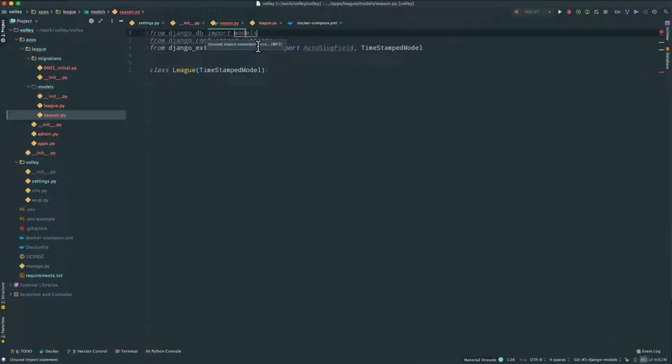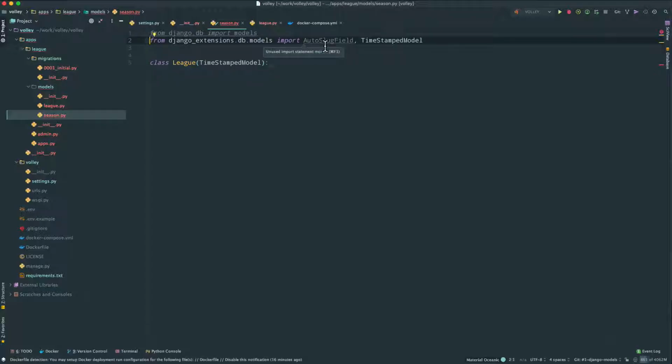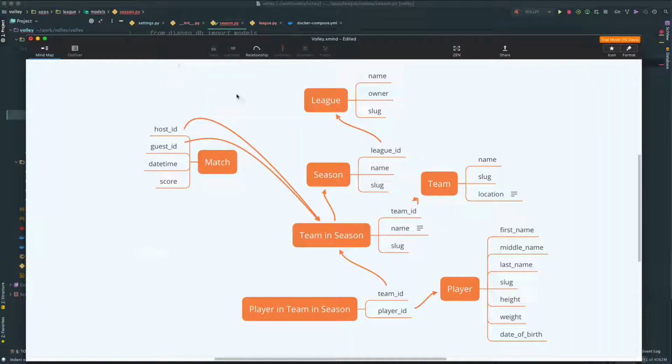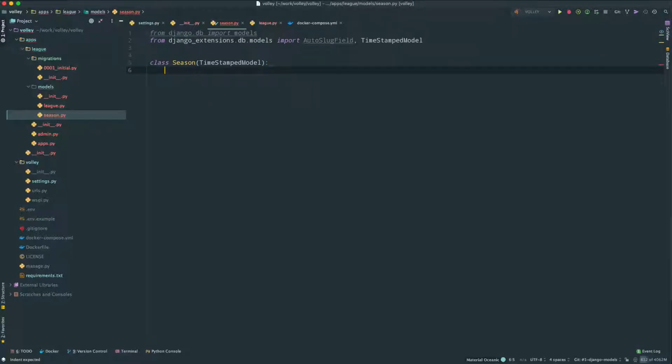So we need models, settings, I think we don't need for now, auto slug, and we need them both. So let's do Season, capital S. We need a reference to league, and we need name and slug. So name will be